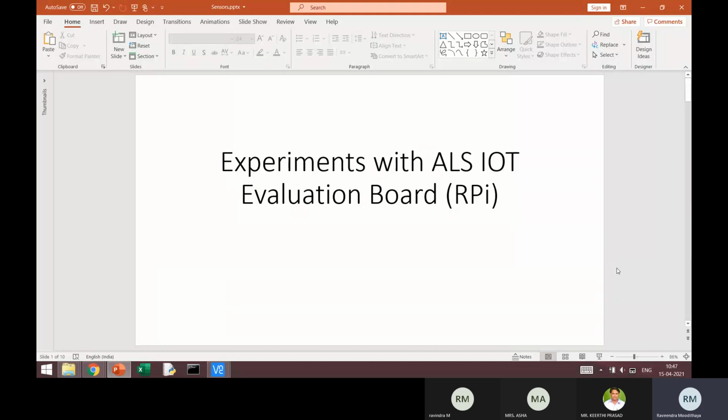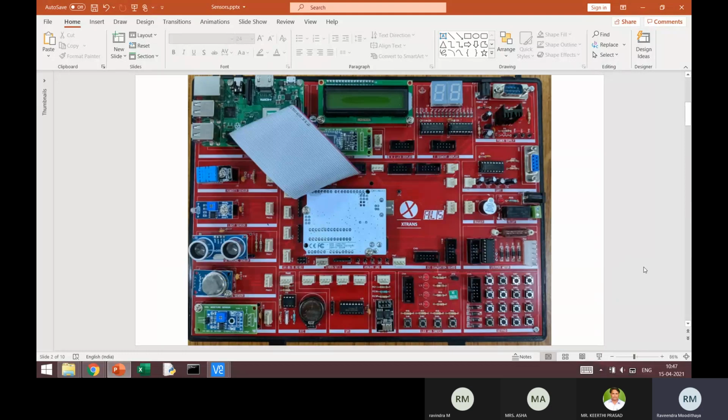Let me just reason it out before I begin my session, because this makes a lot of difference to the way we approach the given problem. I just watched a few IoT syllabi that run in the form of workshops, internship programs and so on. The approach was to give an introduction to the different sensors that are attached to any microcontroller board. In our case, it is Raspberry Pi.